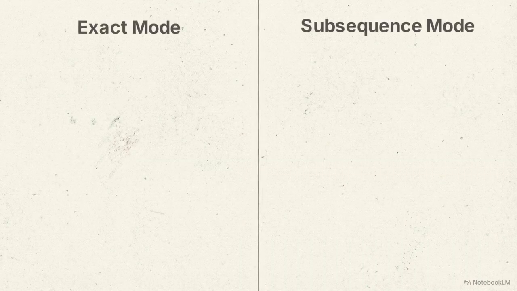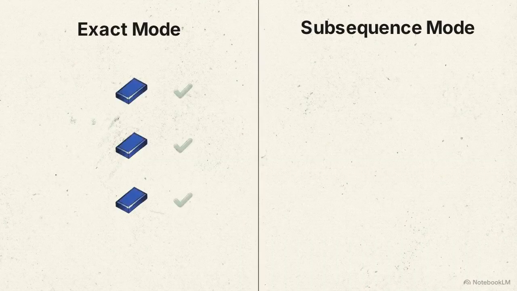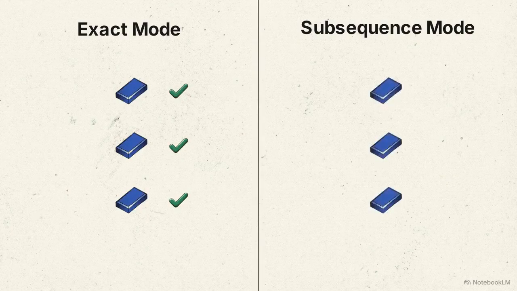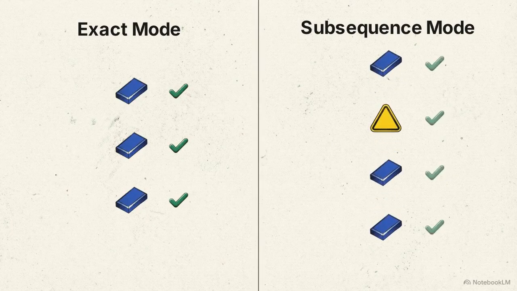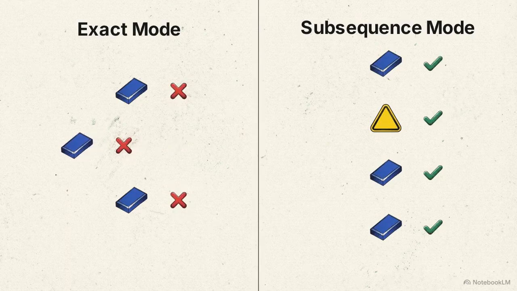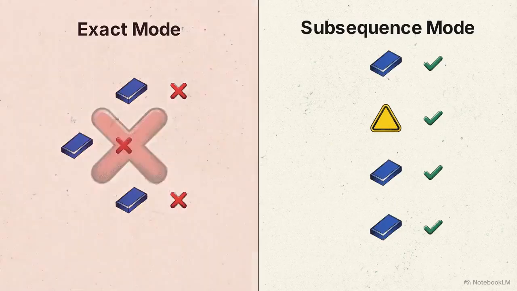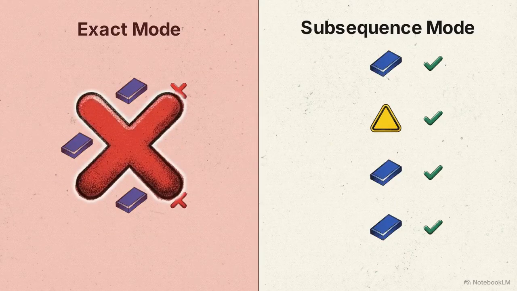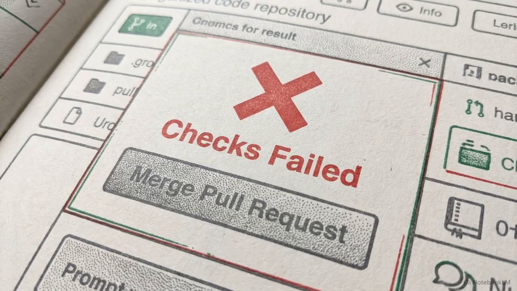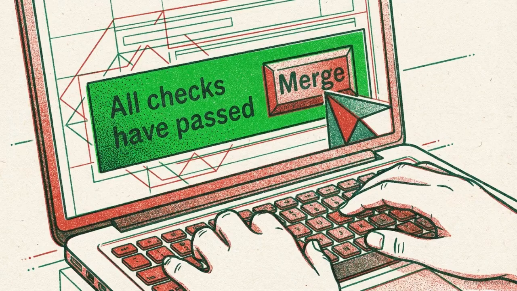Two validation modes exist. Exact matching ensures one-to-one sequences for rigid workflows, like financial transfers. Subsequence matching allows intermediate steps for flexible pipelines. If tool order drifts or arguments mutate during a check, the system catches it instantly. The build fails on the spot. Agent-vcr ensures that if an agent's tools move incorrectly, the code never reaches production. Prompt engineering becomes safe because the mechanics are verified before they ship.